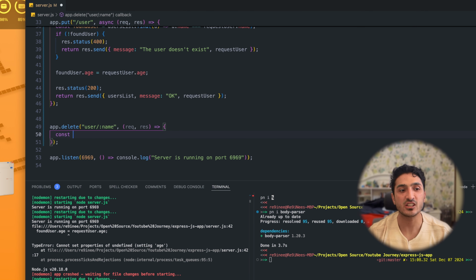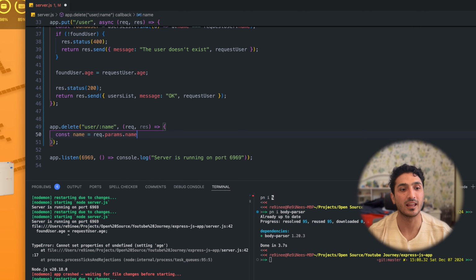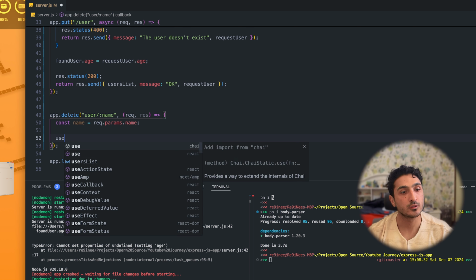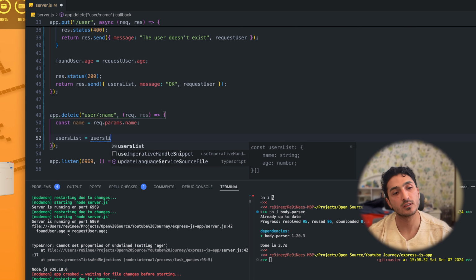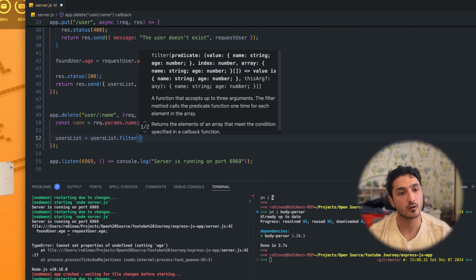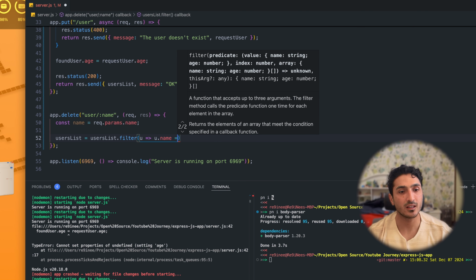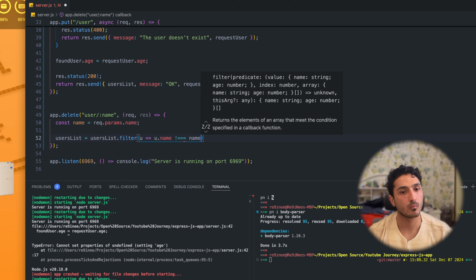For catching the name, I want to say request.params.name, and we want the users list to be users list filter. User, if the user name is not like name,